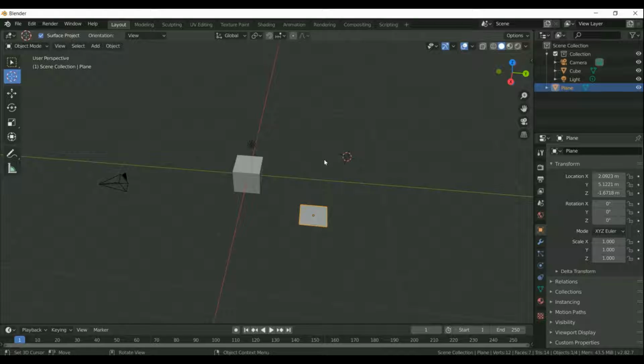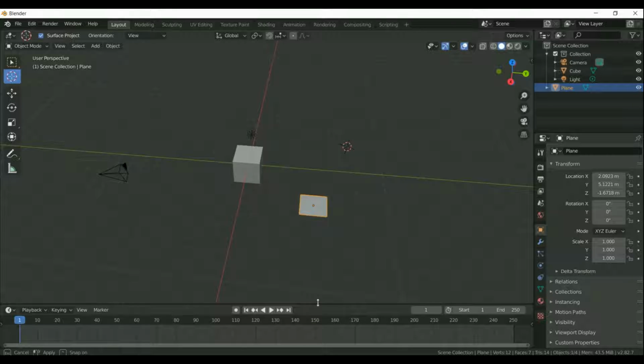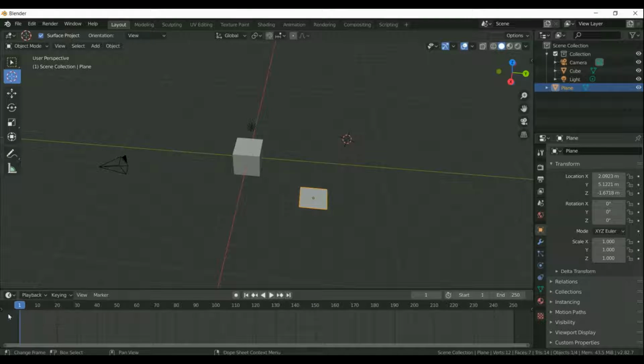After doing this, we can create our simple animation. For creating a simple animation, we just need a time frame for manipulating the animation, in which frame we need to start and which frame we need to end. For that purpose, there is a time frame that is available under this option. You can easily drag upwards, and also you can see there are different frames up to 200, 250. There are different frames for doing animation.